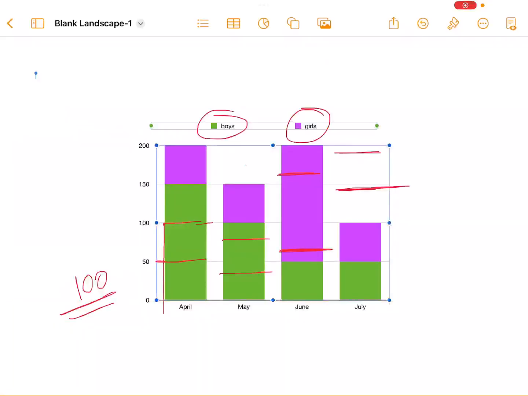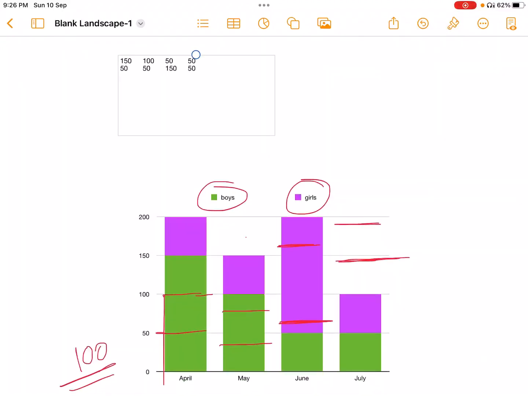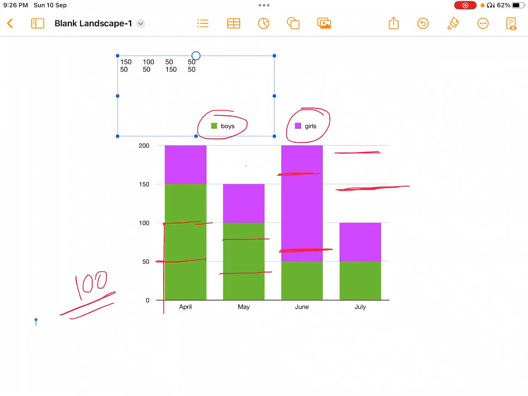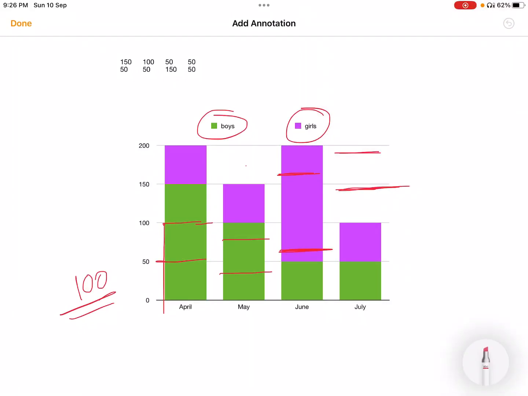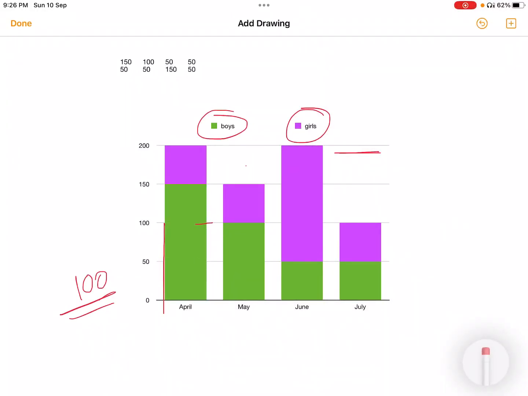Copy and we will paste it here. Okay, so look into that. This is the data. So for the first graph, 50 and 100, this is the number of boys and number of girls. So let's see, 150 boys are there, and